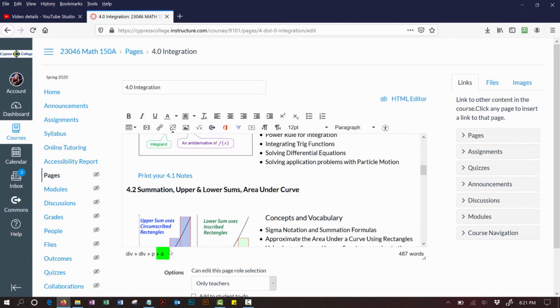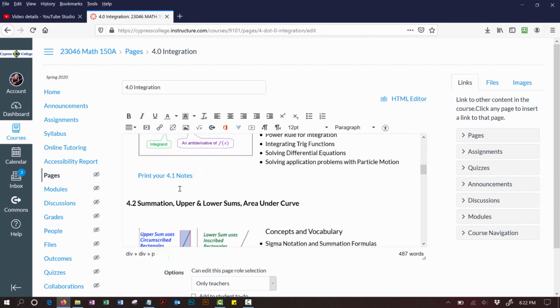So I'm actually going to hit the right cursor on my keyboard, because remember my cursor's right up here. I'm going to hit the right cursor, and now you notice that little A went away, which means I got outside of that hyperlink in the HTML. And now I'm going to hit enter, which will put me on the next line. I'm going to insert/edit media,